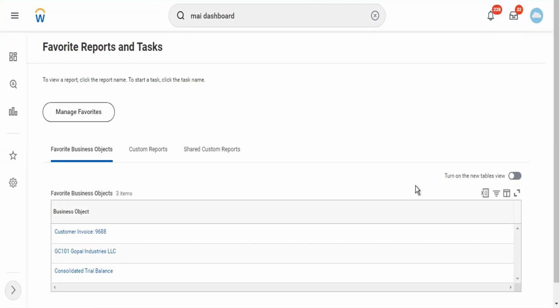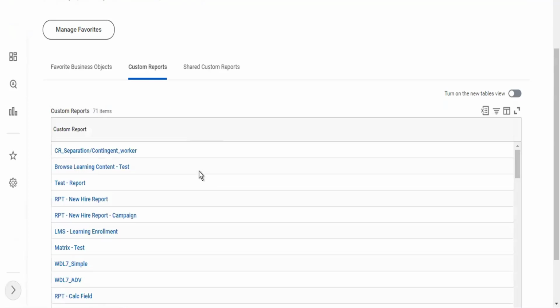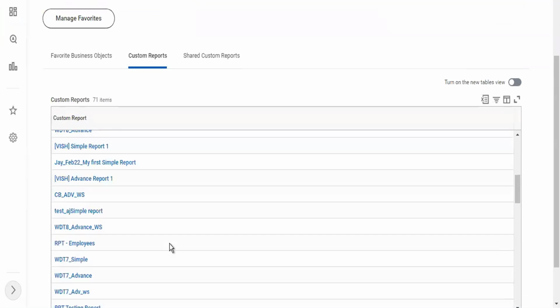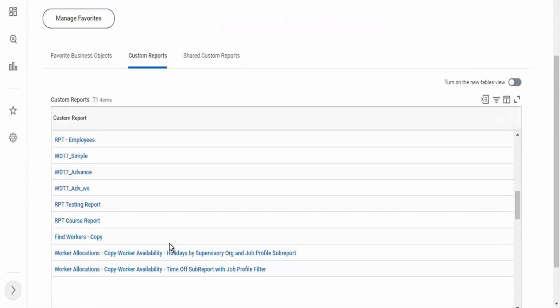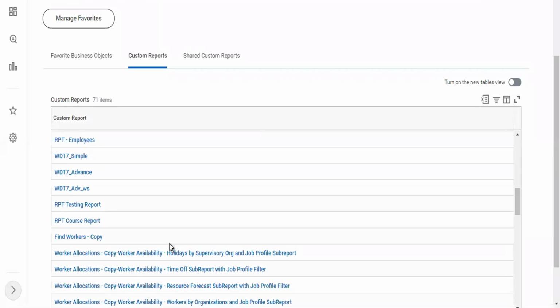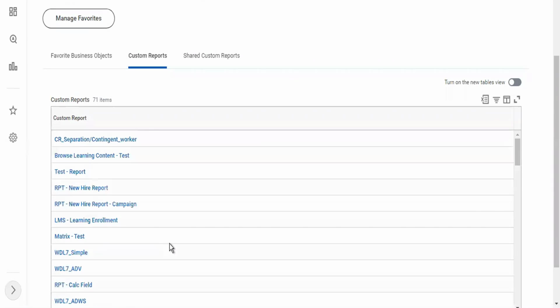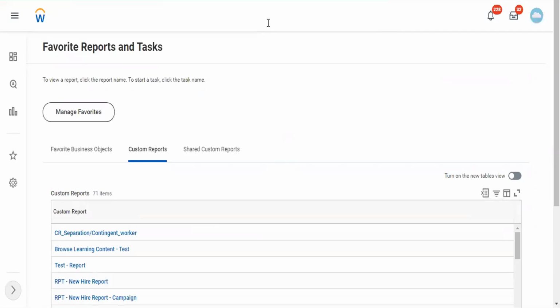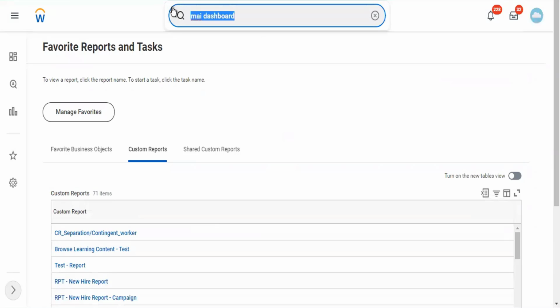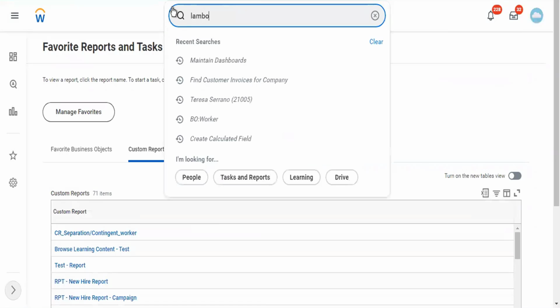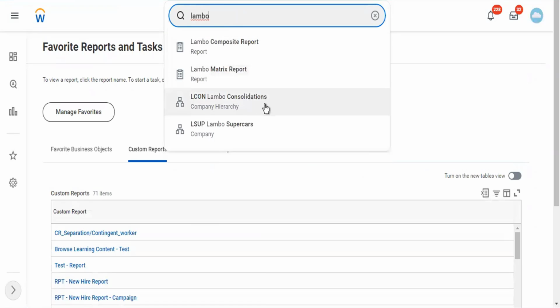So right now you see there are some favorite business objects here like 9688, one company here, consolidated trial balance. Then if I look at the custom reports which have been marked as favorite, so these are my favorite custom reports, like that. Here, let me show you how to add certain items as your favorites. So let's find a company called Lambo. This is an existing company. If I go to Lambo Supercars,